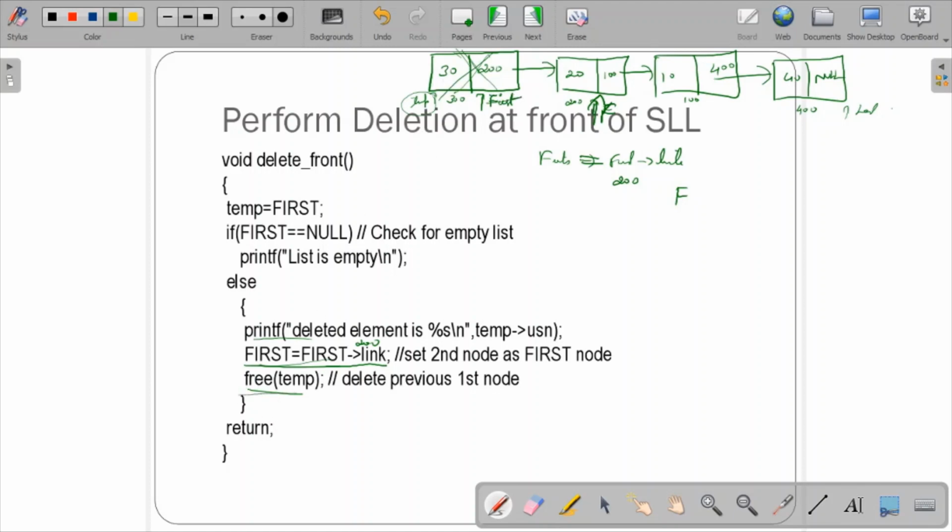So free temp means delete the previous first node. And in case you want to know which node has been deleted, I want to display that particular USN, that's why I use this printf: deleted element is percentage s, temp USN. Whichever node temp is holding, that temp USN will be printed out, showing which has been deleted.